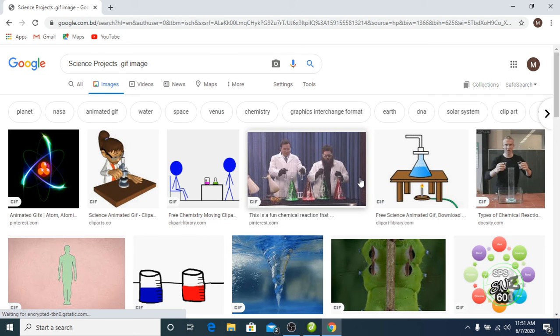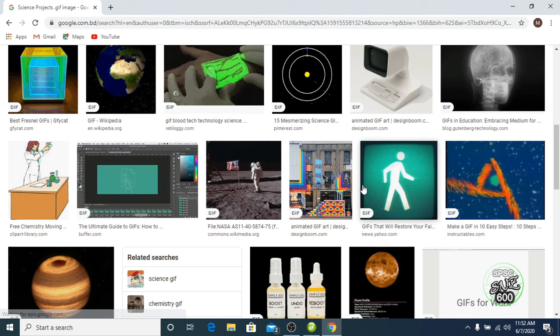So here it is. You can see the options, the picture you like.